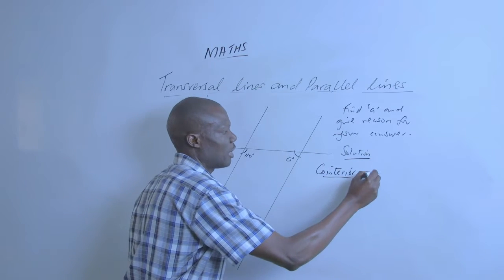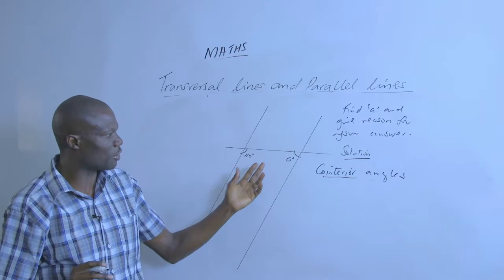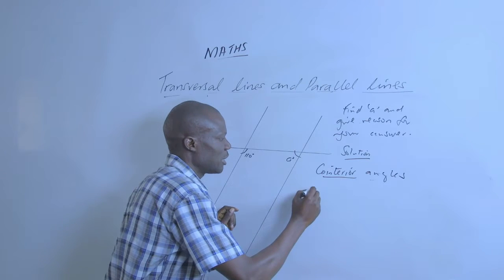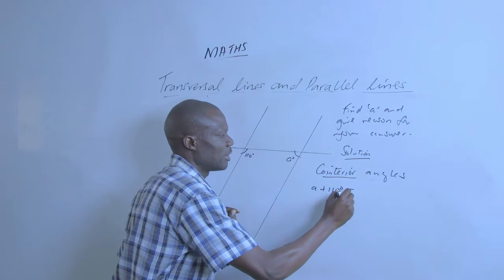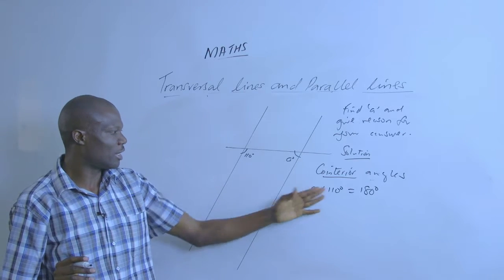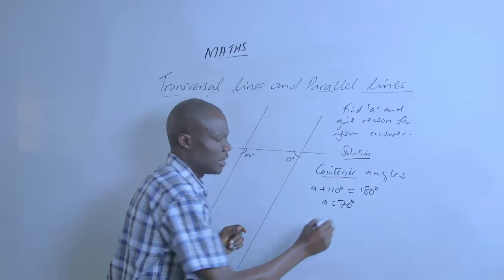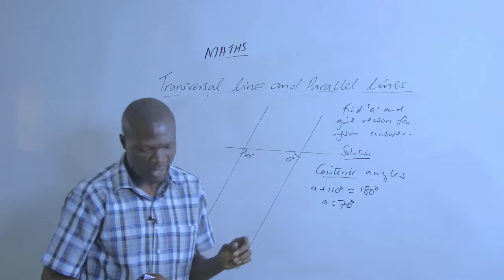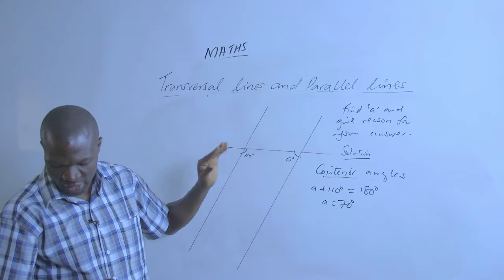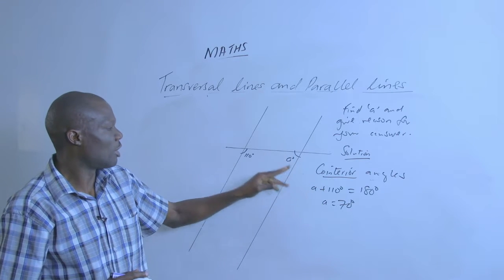They are co-interior angles. And we say that when two angles are co-interior, then it implies that the sum of the two angles, that is A plus 110 degrees, should give us 180 degrees, which implies that A is 70 degrees. The reason why we are saying that it is 70 degrees, we say that co-interior angles